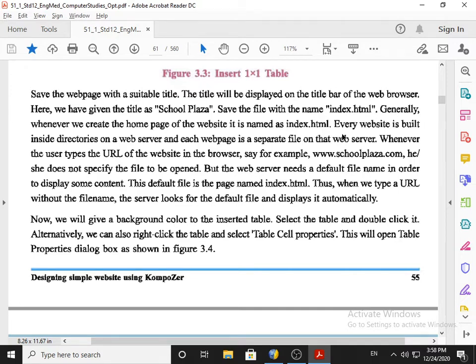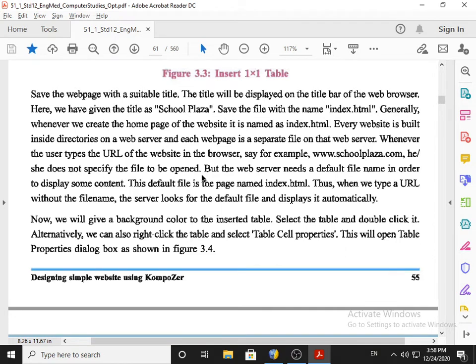Now it is mentioned here, see, every website is built inside directories. Directories means folders on the web server, and each web page is a separate .html file on that web server. So whenever the user types the URL of the website, that is the name of the website, in the browser, for example schoolplaza.com, he or she does not specify which file to open.